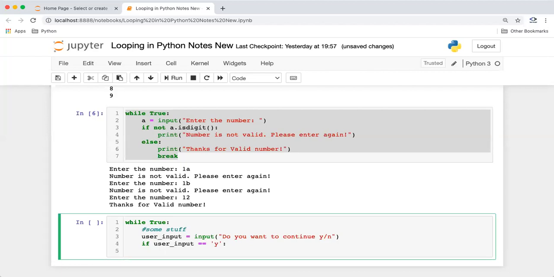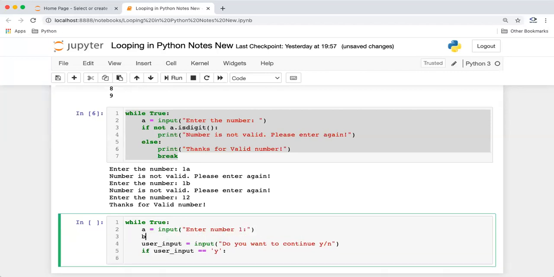Let's write a small program which adds two numbers. We'll say input, enter number 1, and b equal to input, enter number 2. This program is taking two numbers.